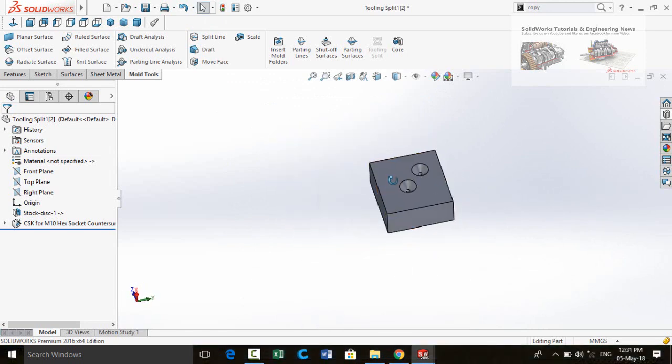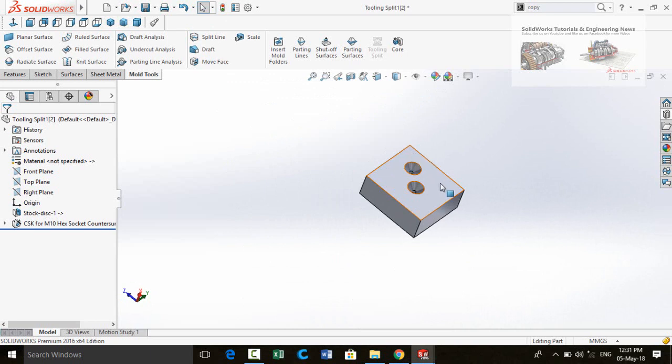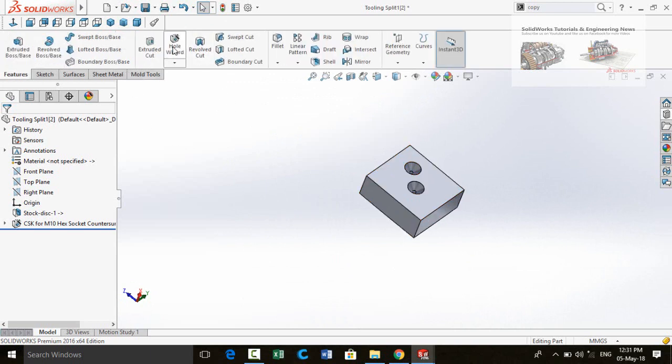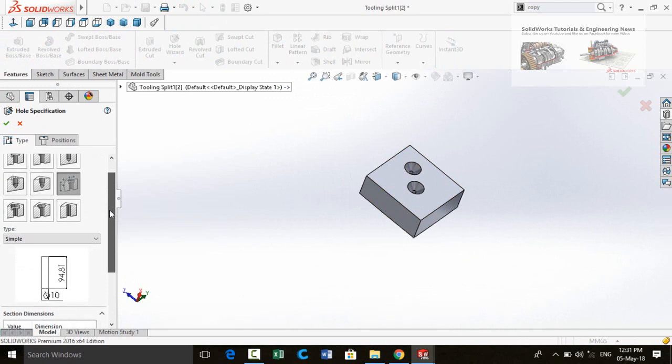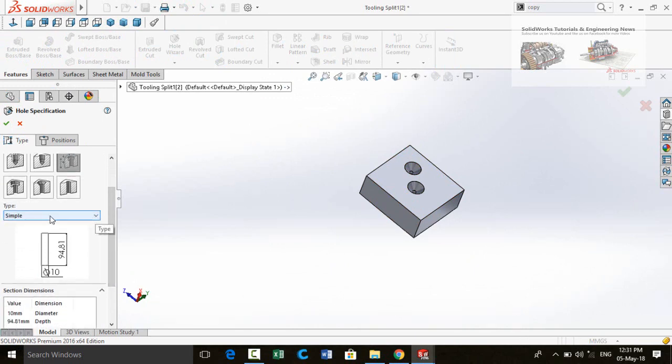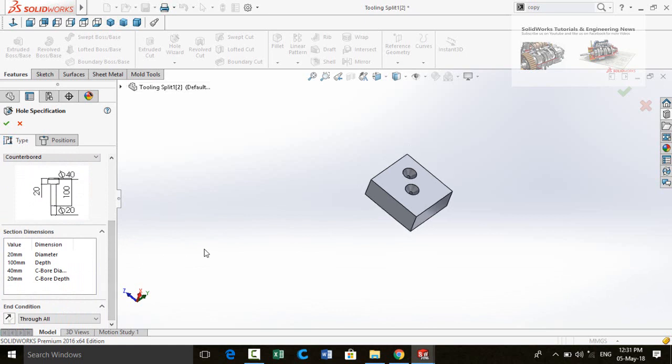Okay, next step is adding holes for nut and bolts on all these corners. So for that again go to features tab and select hole wizard command, and at this time select this type of holes and then scroll down. From here type, expand these options and then select counter bore. Again scroll down, type here the diameter of the hole 10 millimeter.